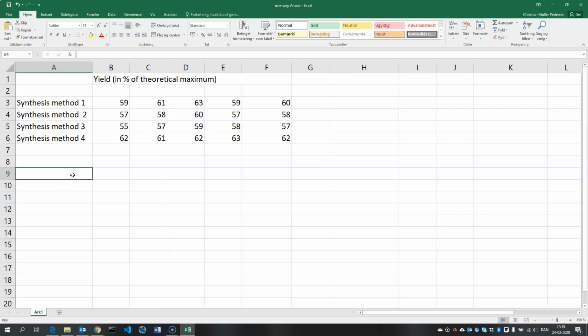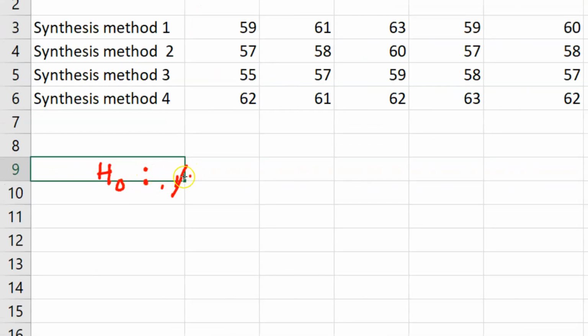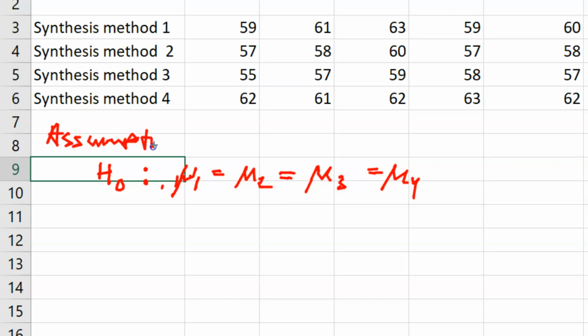So in terms of a hypothesis, what we would like to answer, or the hypothesis that we would like to test, let's call it the null hypothesis, is the means of these 4 populations. Are they the same? So that's the hypothesis. Now the assumption is, and I'll put that here, the assumption is that all these 4